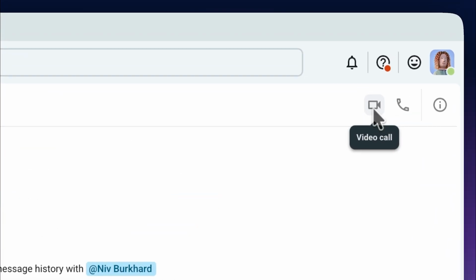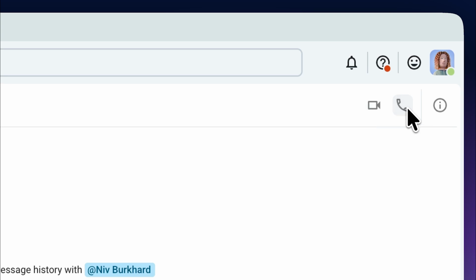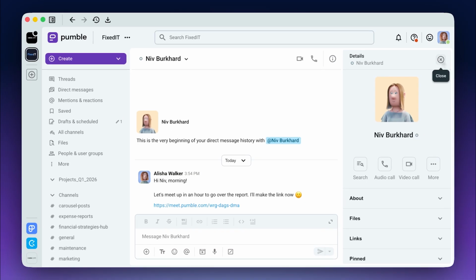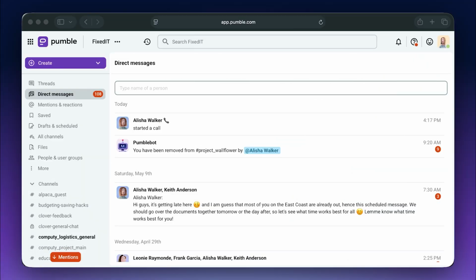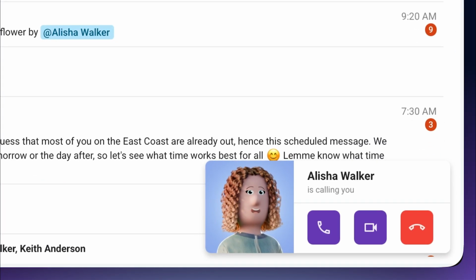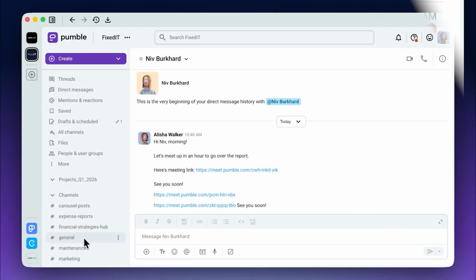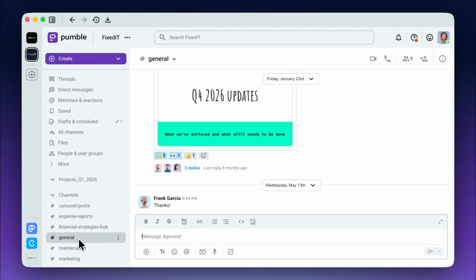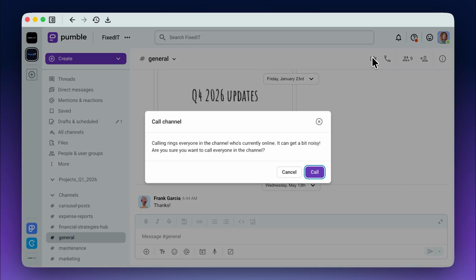Alternatively, you can call your teammates right from the DM or channel that you're in by clicking on the camera for a video call or the handset icon for an audio call. The other side will receive a ringing notification accompanied by a modal in the bottom right corner, prompting them to join the call. Though the process is the same for both one-on-one calls and group meetings, if it's a channel with many members, clicking the call buttons will prompt a warning message asking you to reconsider ringing all of those